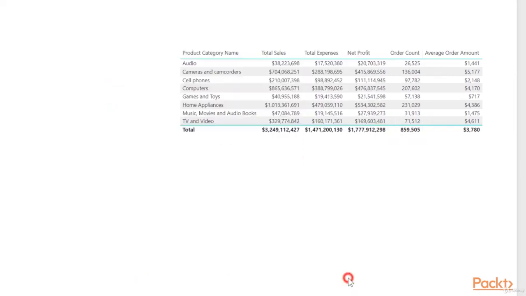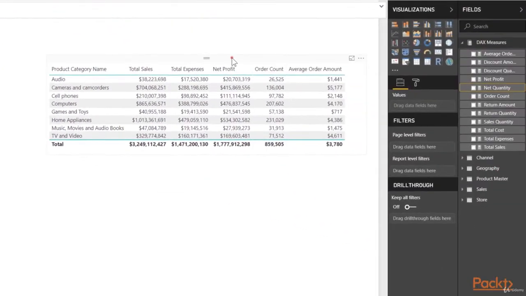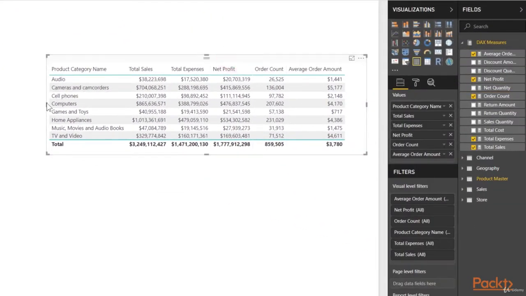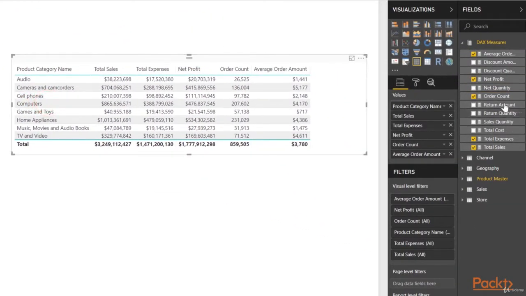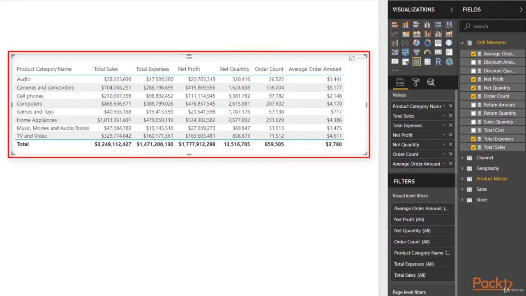Select OK. There we are, and if we come up to the upper left hand corner, we'll see that it created that calculation for us, and now let's just give it a friendlier name. Perfect. And I'll go ahead and add it to my table as well. Beautiful. So now that we have the calculations we need in our table, I want to convert this from a flat table, which is what you see in front of you now, into a matrix table instead over in that